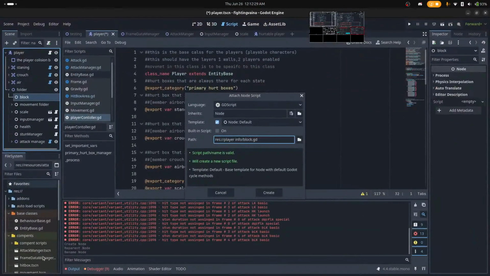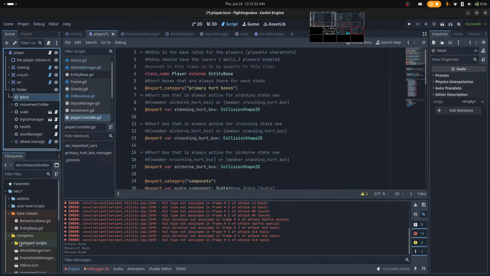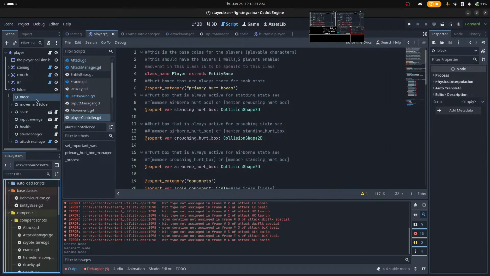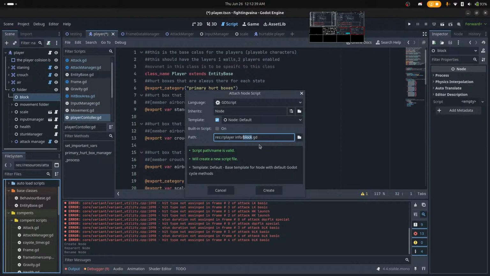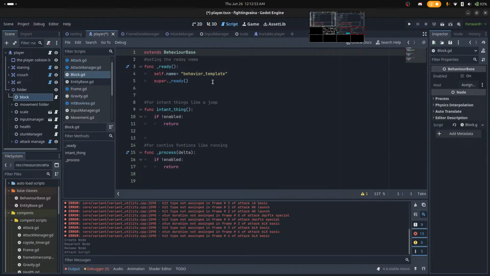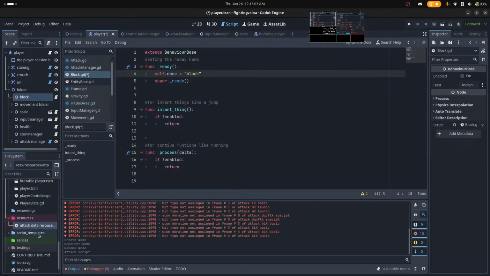Application named. There's name whatever they are. Okay. Attach script, block, and we have a capital most of the time. Behavior based probably. That's gonna piss me off.